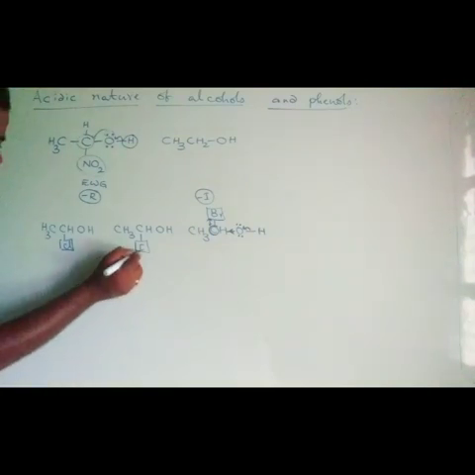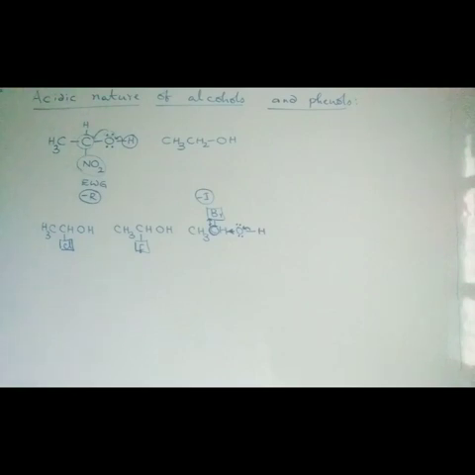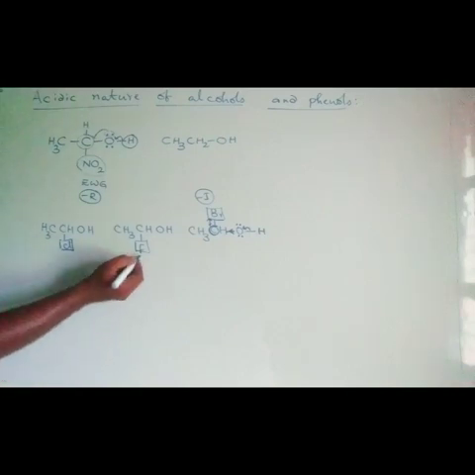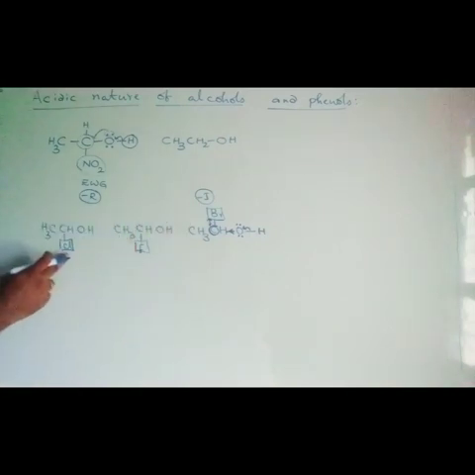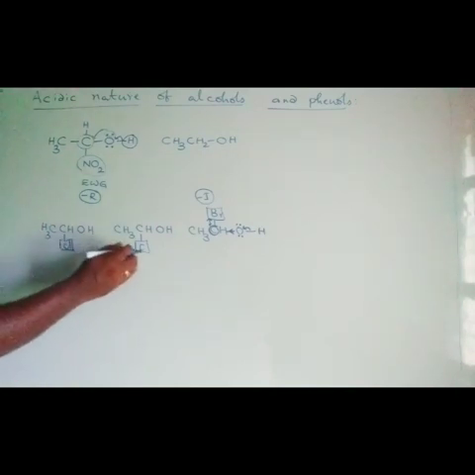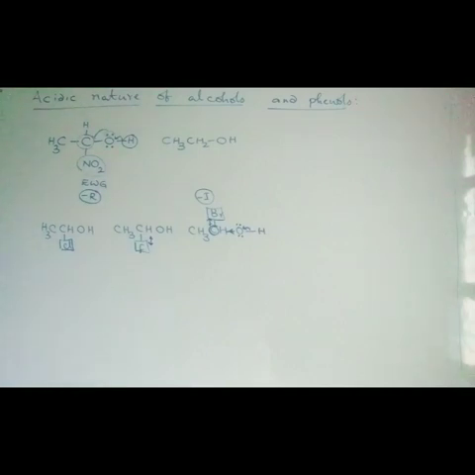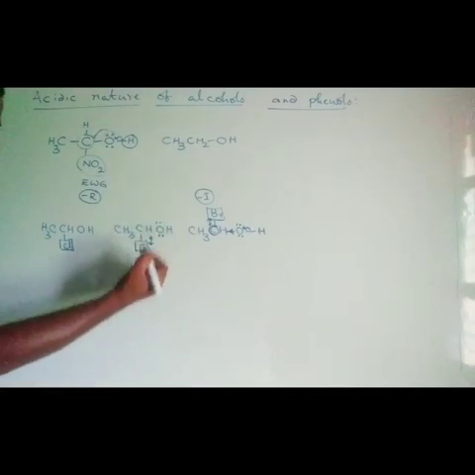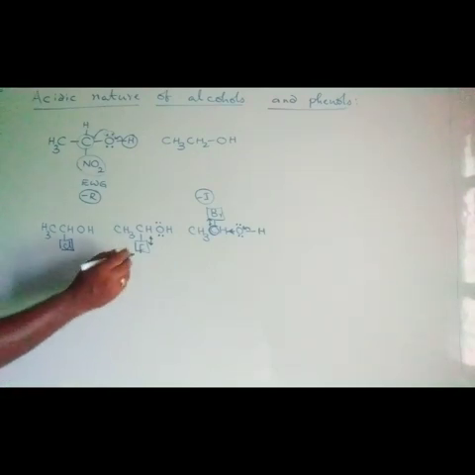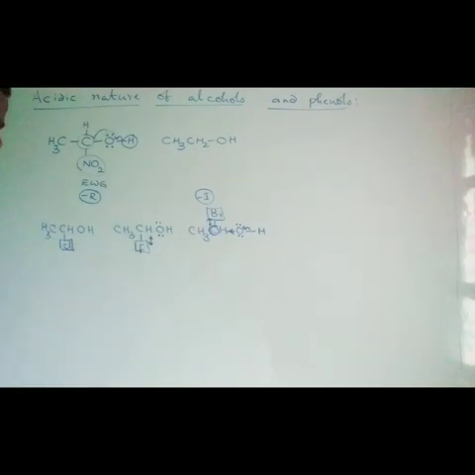Now, the greater the electronegativity of the halogens present on the OH linked carbon, the greater will be the acidic strength, or the more halogen atoms linked on the OH carbon, the more will be the acidic strength. Here is fluorine, here is bromine, here is chlorine. All the alcohols have monohalogenated substitutions, and out of these three, F is more electronegative, which shows a greater negative inductive effect. The sigma bonded pair of electrons is strongly pulled towards fluorine, which decreases the electron density of oxygen to a greater extent. So this is expected to have the greatest acidic strength among these three.